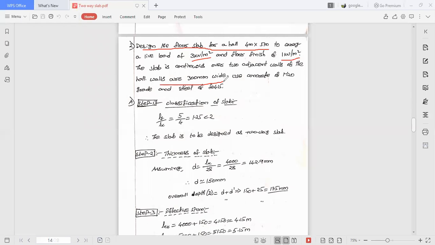Next, walls are 300 mm wide. Concrete grade is M20 and steel grade is Fe 415. Okay. Here, as it is a continuous slab,